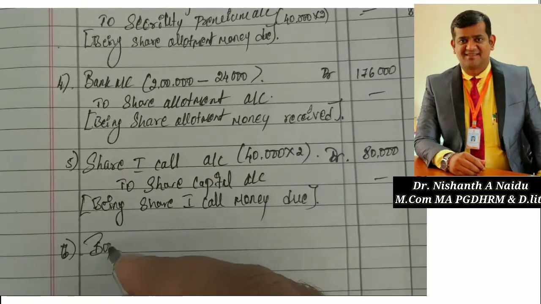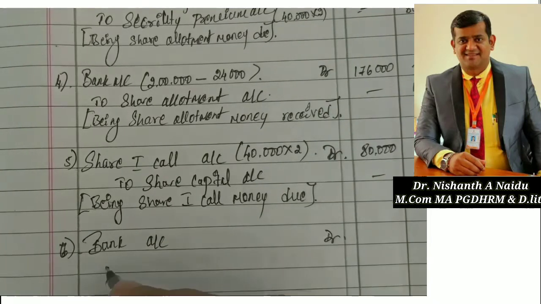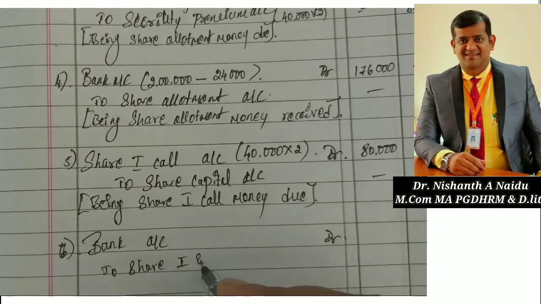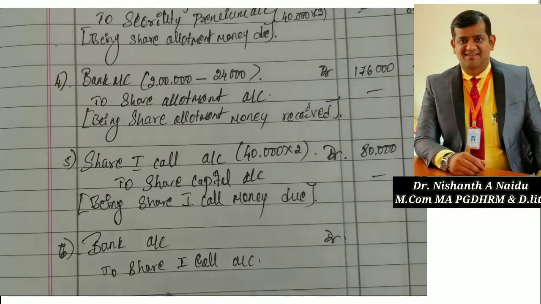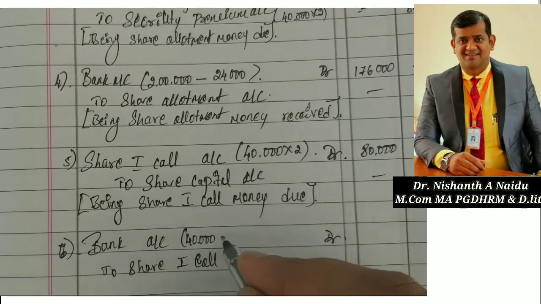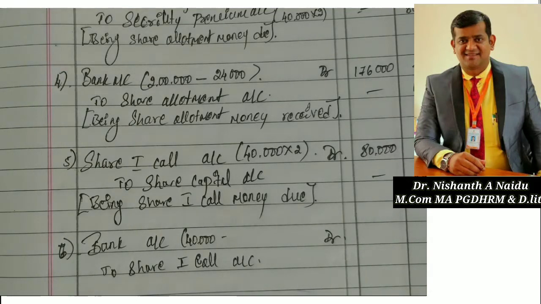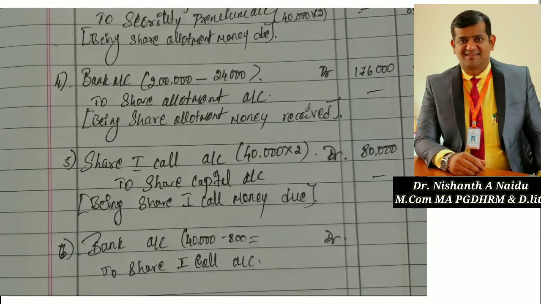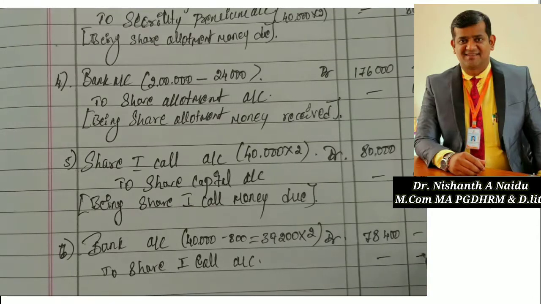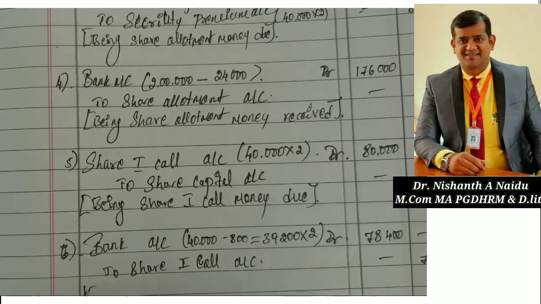Next is sixth entry, receive entry. Receive entry is always bank account debtor to share first call account. So how much we have received out of 40,000 shares? In the problem, they clearly said that Mr. Arvind, to whom 800 shares were allotted, failed to pay the first call money. So he is the 800 shareholder. They did not pay first call money on 800 shares. So 39,200 shares at rupees 2 per share. Now calculate 39,200 into 2. So how much? 78,400. Okay. So now write the narration being